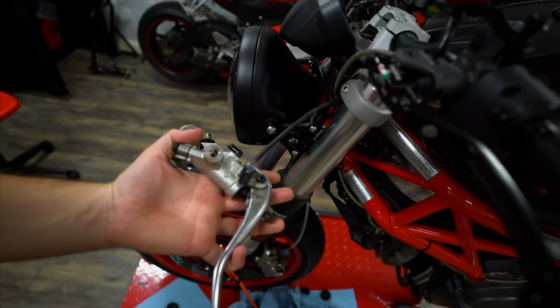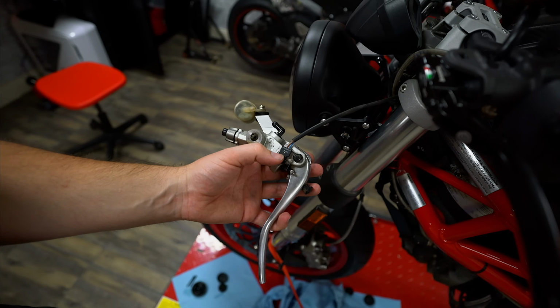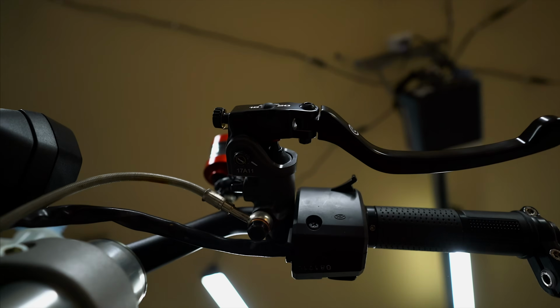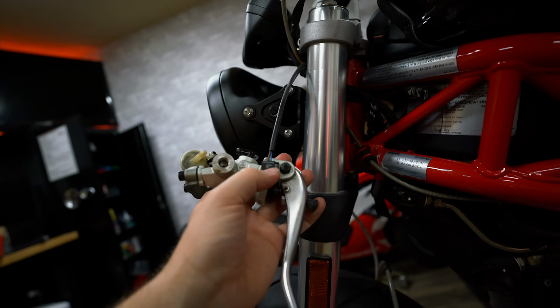So also, we have our front clutch, or clutch period. And if you notice, it has this little black thing. So I did some research and I was trying to plug it into other stuff, and then I look on the bottom of our new clutch, this cool black one, and I noticed that it doesn't have the holes that thing needs to plug in. Now I'm currently texting Mountain Motorsports to see if they know what the hell is wrong with that, if it's an essential part of the bike to run it, or...